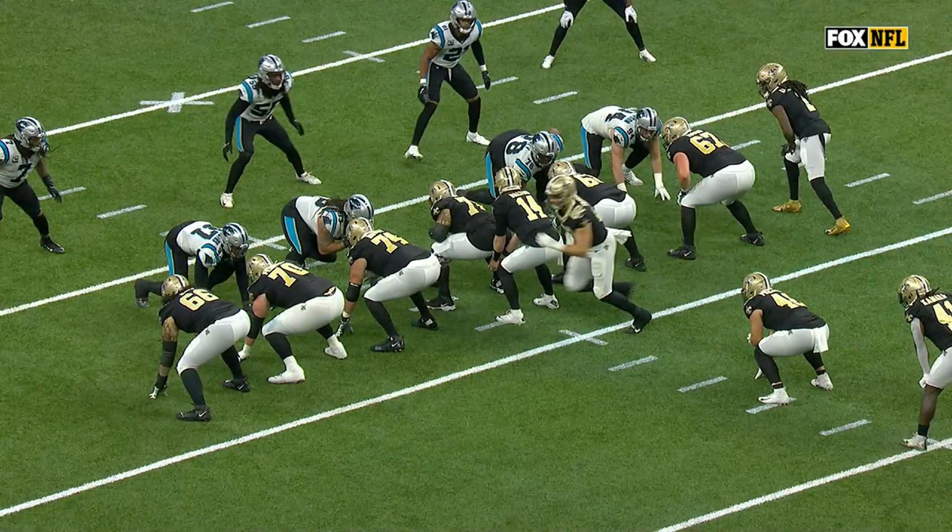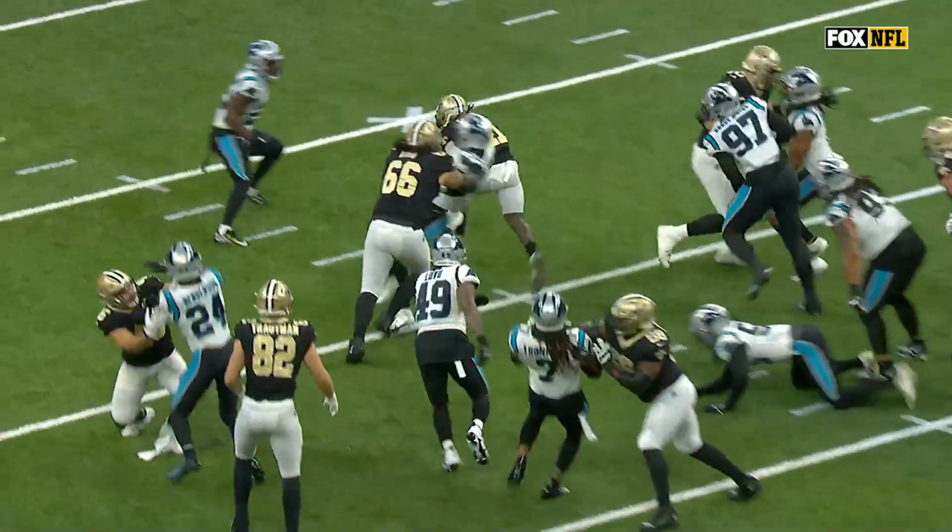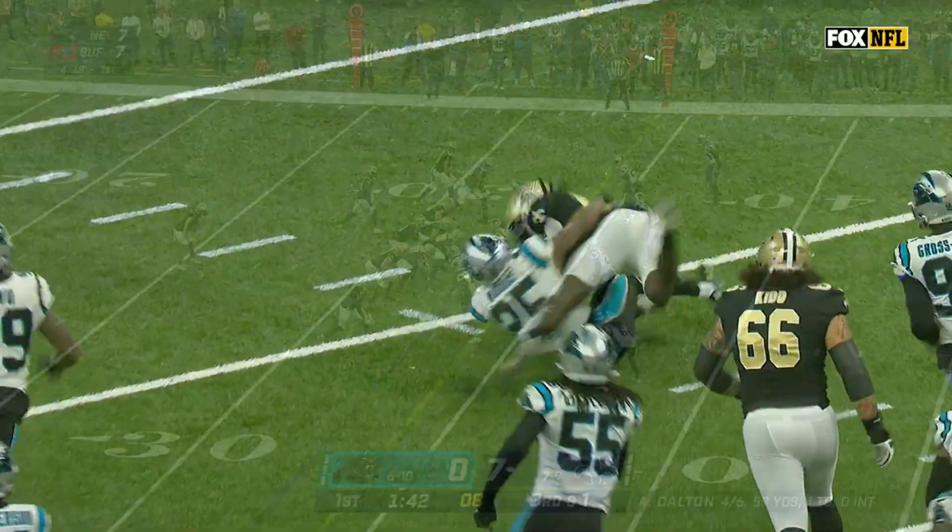Now let's take a look at Penning. You're going to see him right here. And he's just a rookie, and he's next to a lot of experience, but a nice job, good power. And boy, he just took...